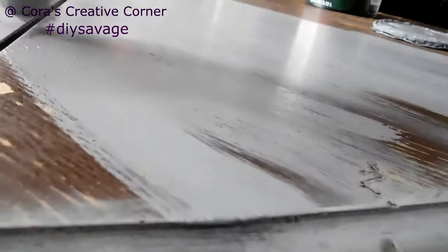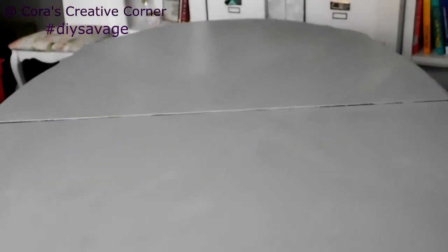And another question I get asked about the acrylics is, how much does that cost? Well, that depends. See, I happen to have a lot of acrylics on hand, so this entire table didn't cost me anything to make over. I had all of these products on hand. But if you were going from scratch and you had to buy it, you'd probably have to pick up